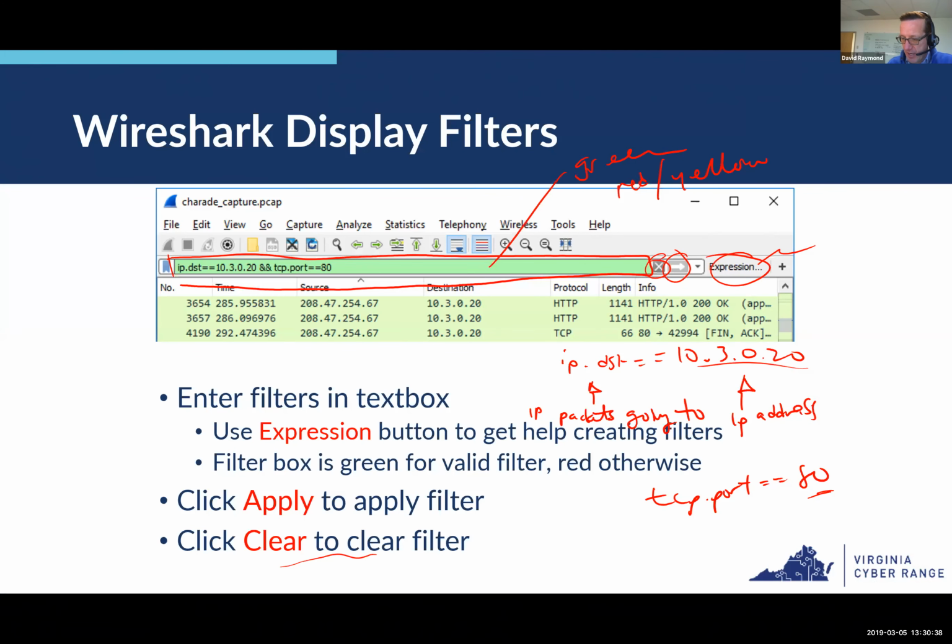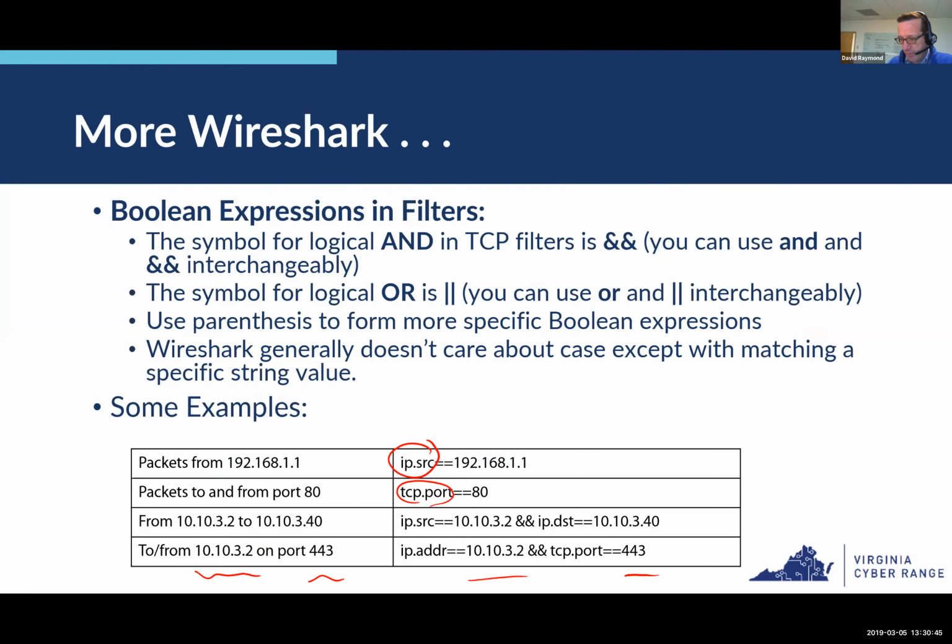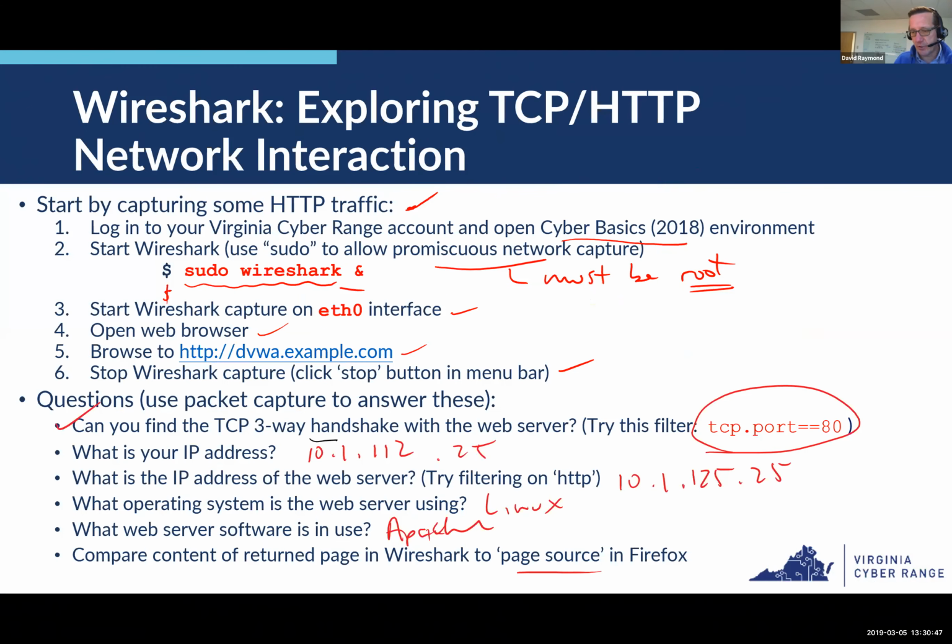We did that live in real time in the Virginia Cyber Range so that we could analyze traffic. This is what we got to last time. We looked at the TCP and the HTTP traffic between the Kali Linux VM using Wireshark and the vulnerable web server in the Cyber Basics environment. So this is a cool exercise. This one I have up on the screen here. I guess I should make these slides available for folks.